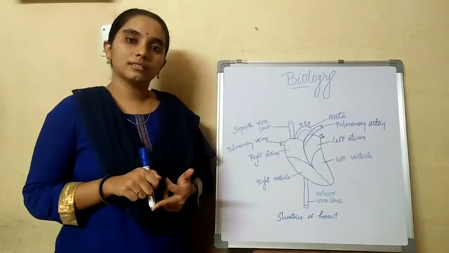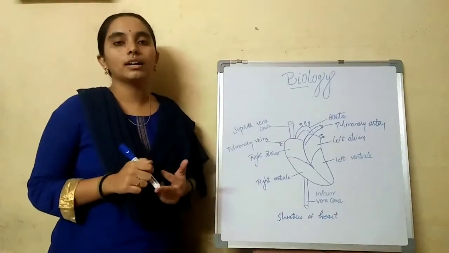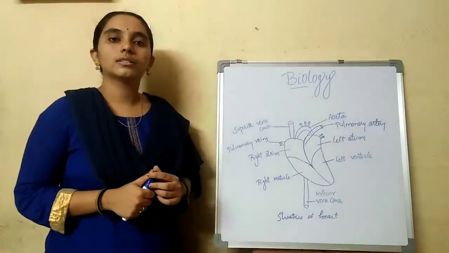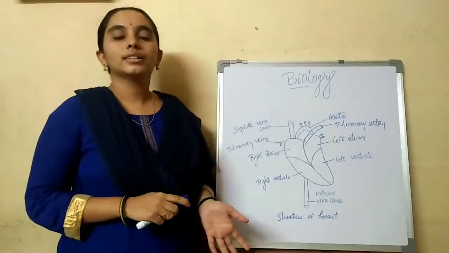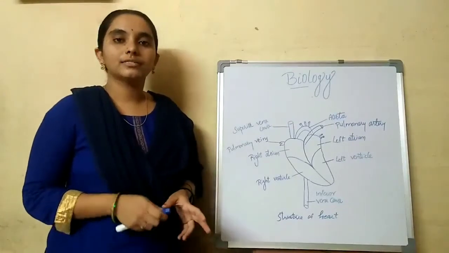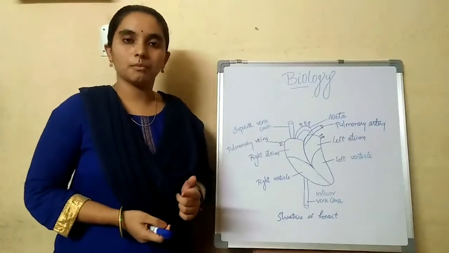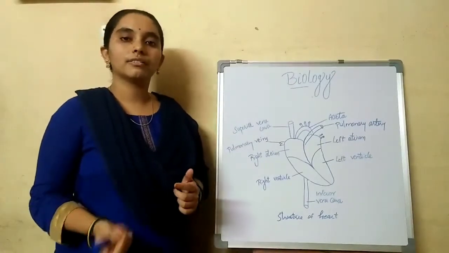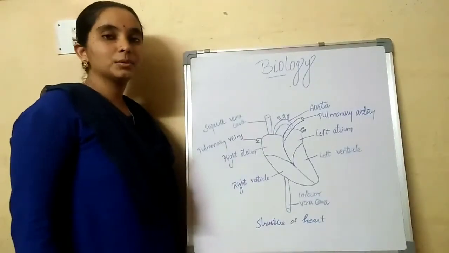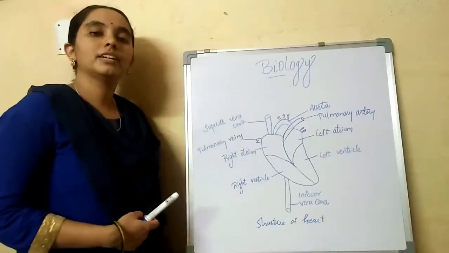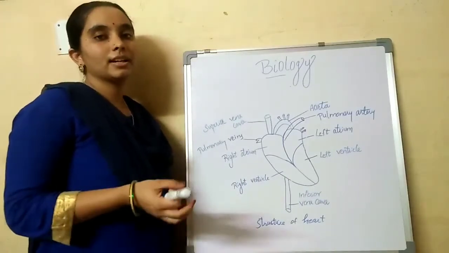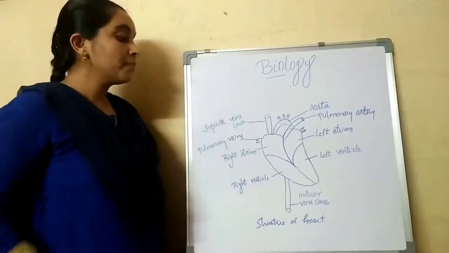When I was teaching the transportation lesson, all did not understand this particular topic, the structure of heart, and also the lymphatic system and double circulation, single circulation always. So let us take one class for revising those topics. Then I will continue with the leftover topic. So first let us do structure of heart. Then I will revise single circulation, double circulation, lymphatic system also once.